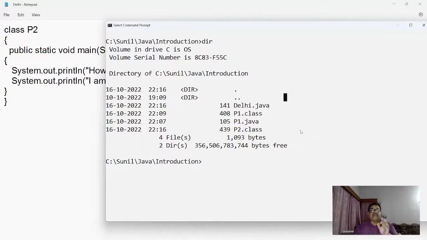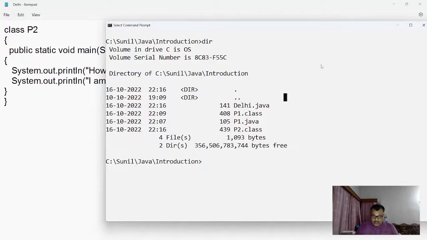It means at this junction, now we can explain the scenario. It means the dot class file which is produced by the compiler is related with the class, not with the file. Otherwise, we would get Delhi.class, but we are getting P2.class. Why? Because P2 is the name of my class.